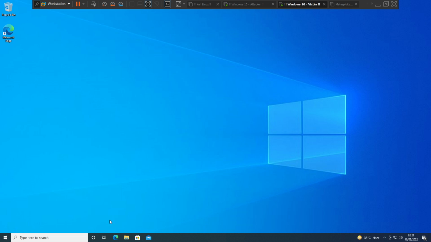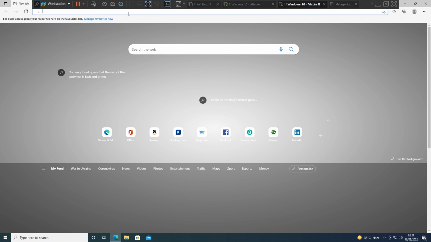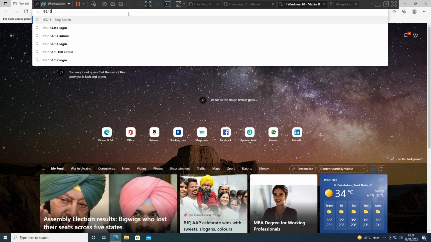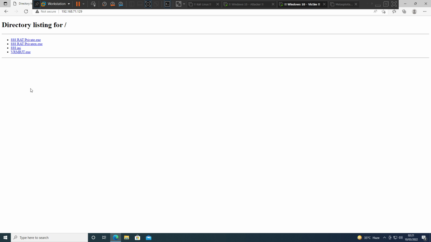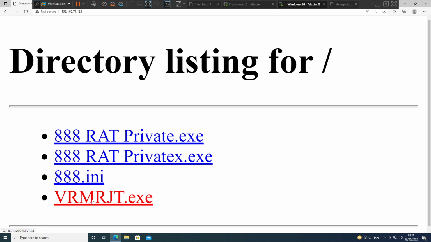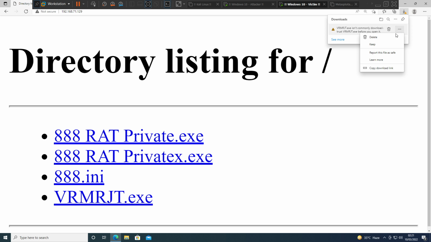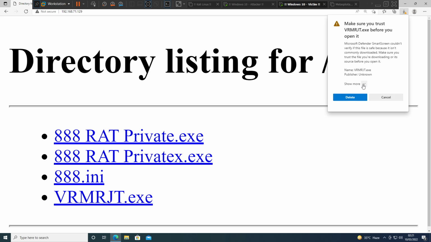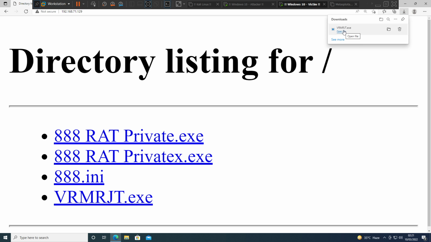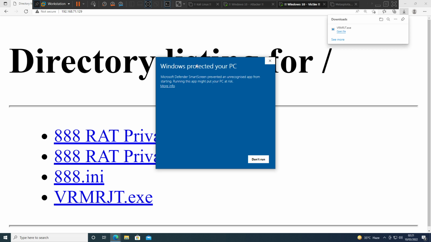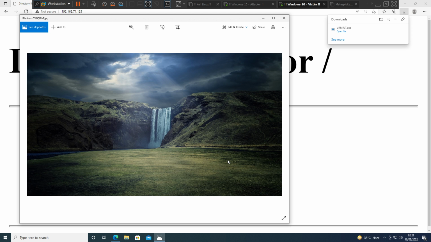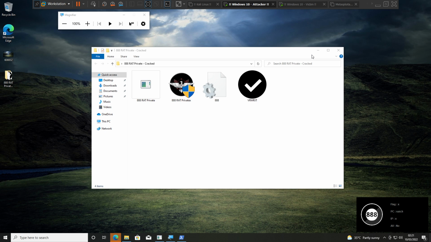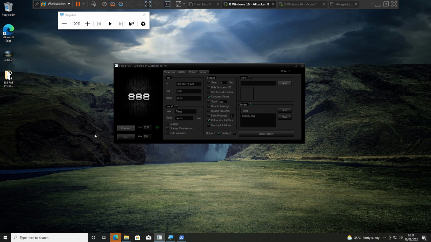Here is my victim. Let's go with the browser and enter the IP address 192.168.71.129. We got some files, and this is the malware. Let's download this file. Just keep this file. We got the file. All you have to do is execute this once, and that's all. This will work as a normal image. We got the image file, but if you check the attacker's machine here, we got the connection,